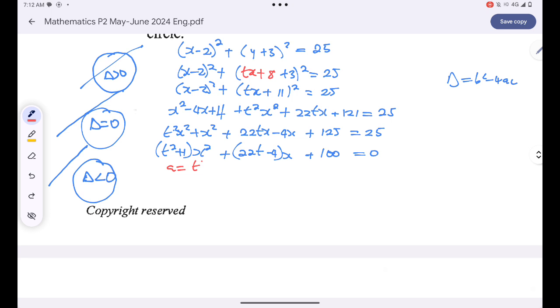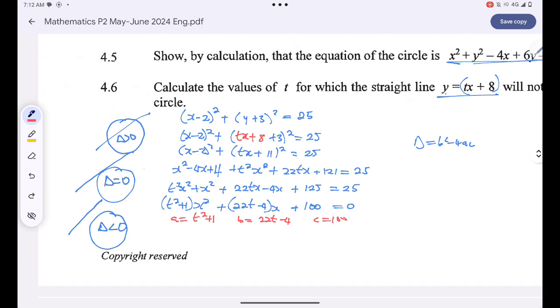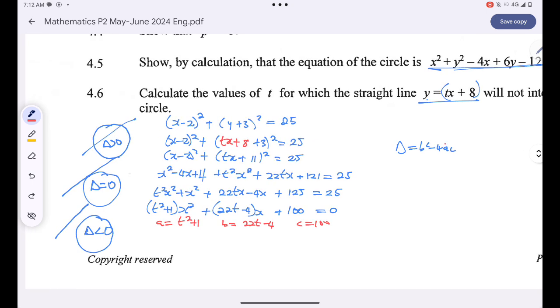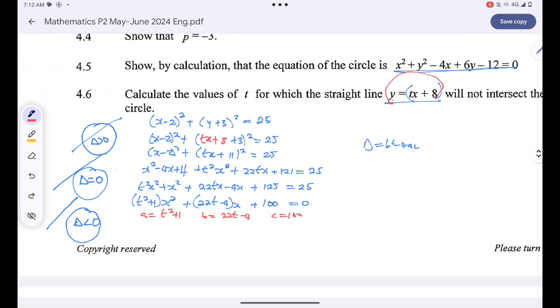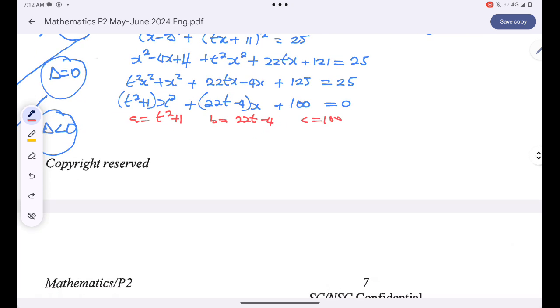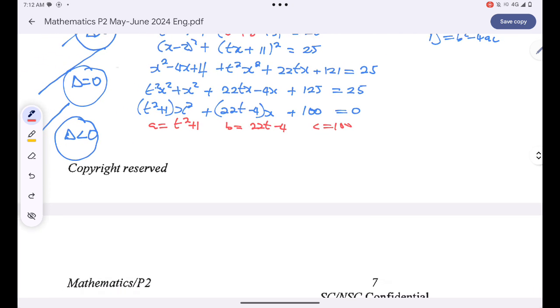So a is basically t squared plus 1, b is 22t minus 4, and then c is just equal to 100. But since I want the values of t so that this line over here will not intersect the circle, that means delta for the intersection